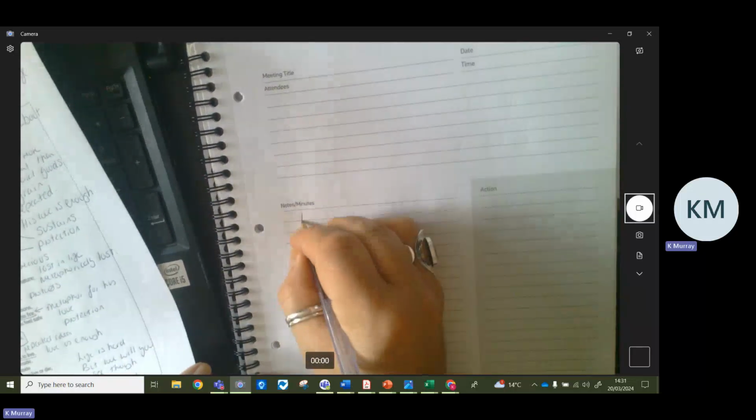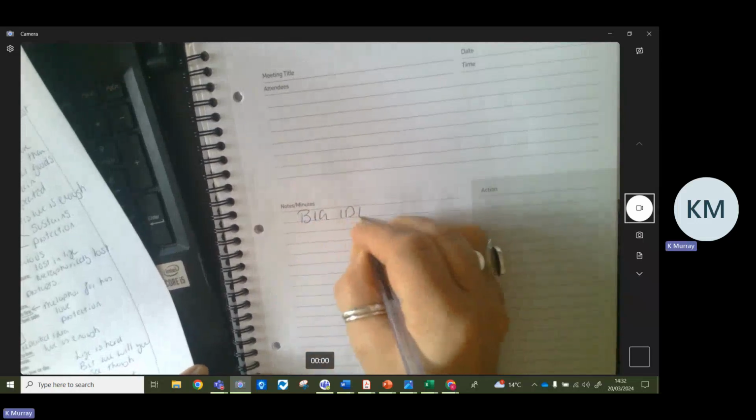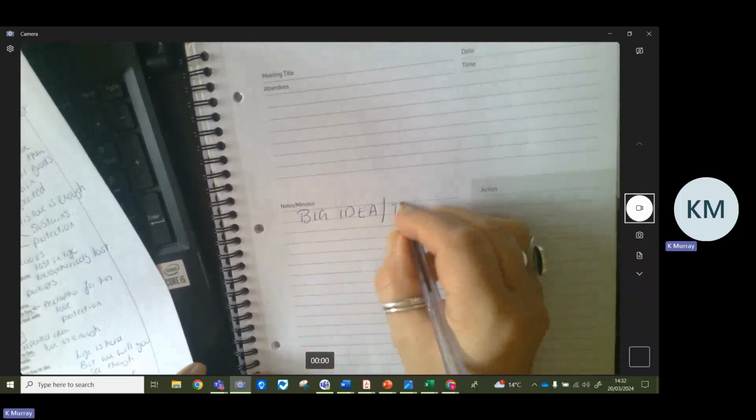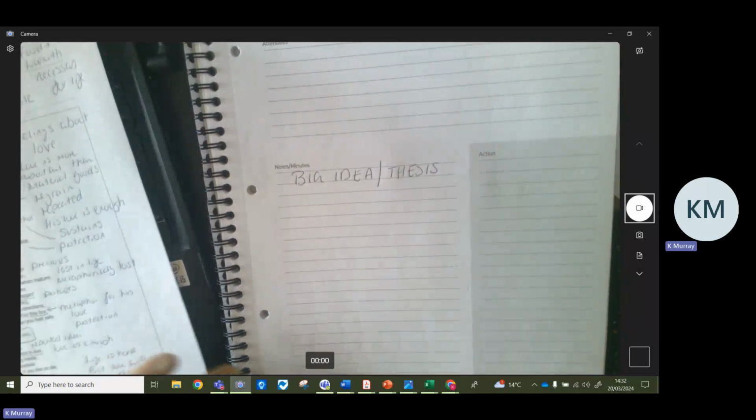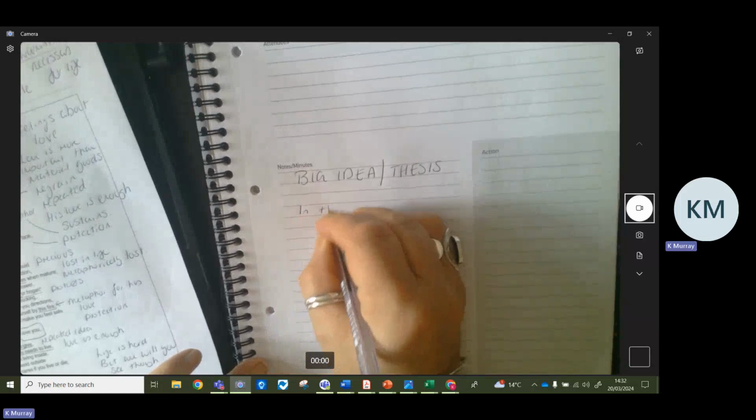How do we answer this question? Well, I would always start with a big idea or a thesis statement, whichever one you want to call it. This doesn't have to be particularly long, but what I mean by a big idea or thesis statement with this unseen poem is that's where you write down in a sentence, maybe 2 sentences, what is this poem about? What is the poet saying about love? Right. So in the poem,